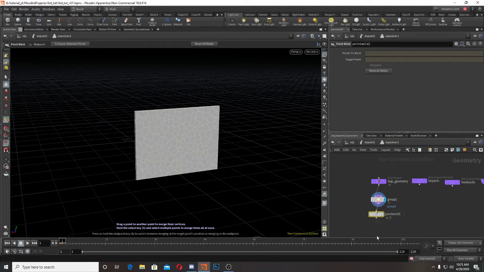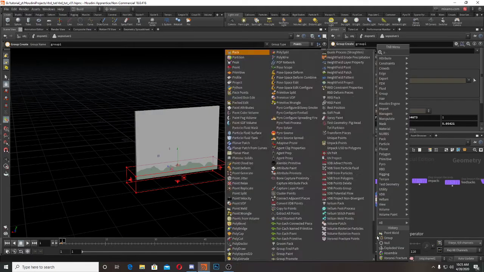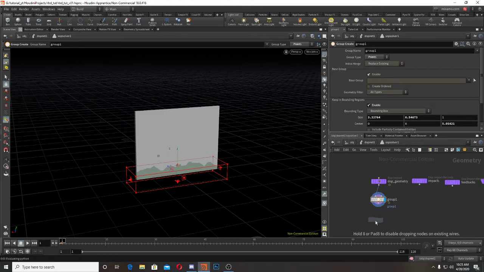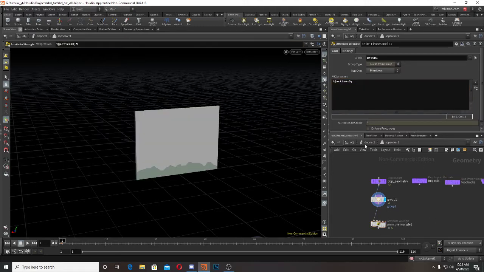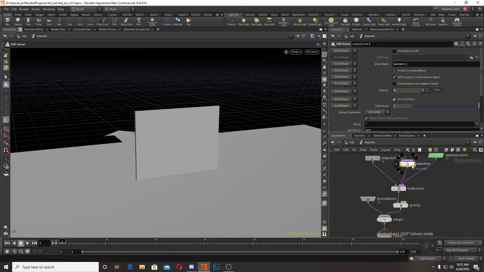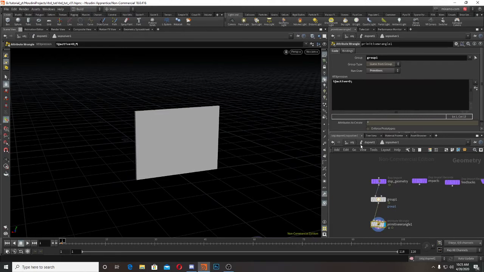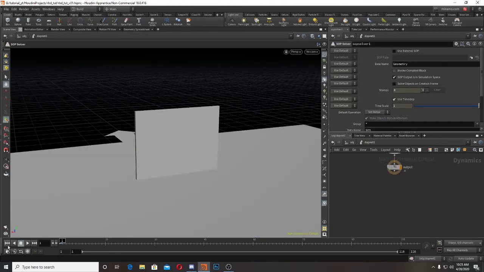What is this? Primitive wrangle. Okay, yep. So I got a primitive wrangle, and there is a very small code. First we'll select that group. This is group 1. It will run on the primitive also, point also, it doesn't matter. So it is i@active equals 0. What does this mean? First let's see what is happening, then I'll tell you what this means. Now if I play,